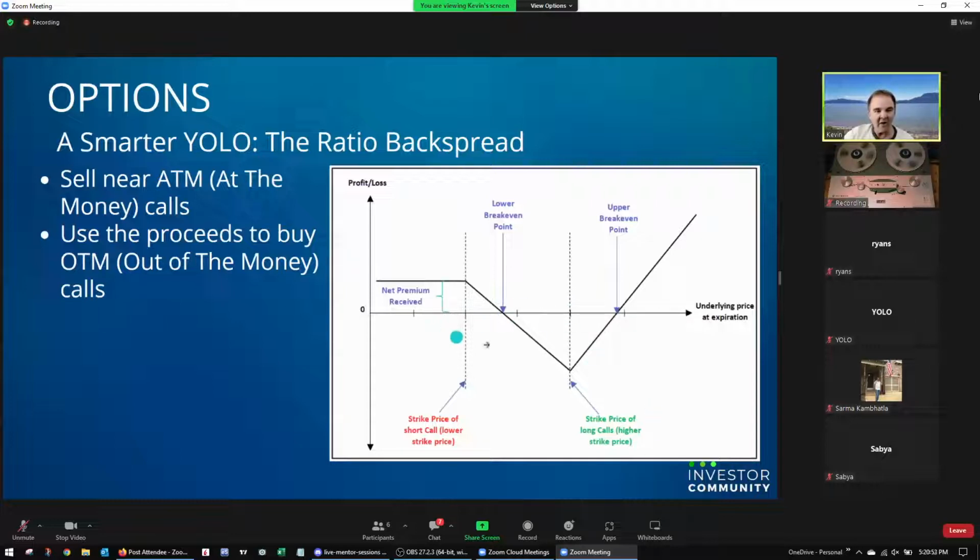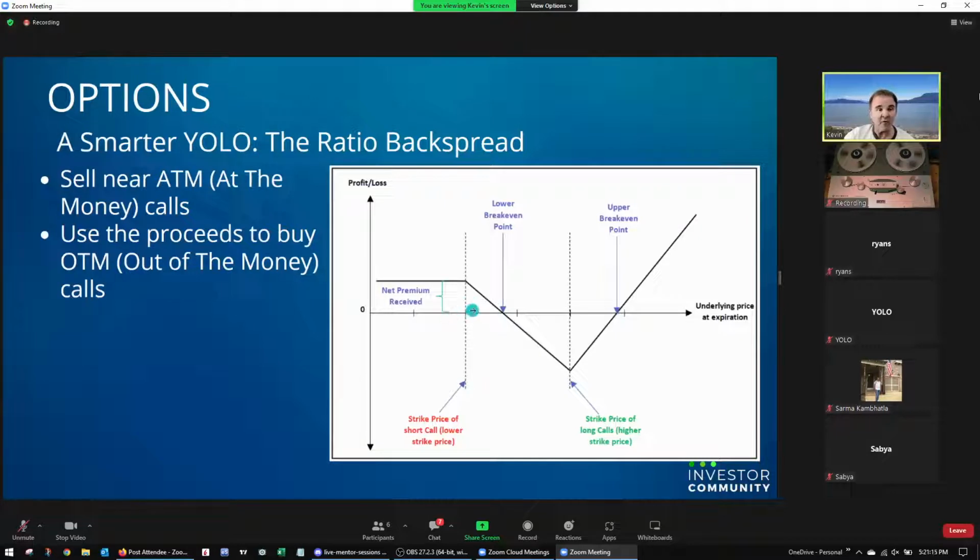And you're going to buy as many calls as you can with the money that you make from here. Now, if you sold this for $10 and these calls here cost you $4.50 each, well, then you could buy 2 of them, and that'd be a 1-to-2 ratio spread.